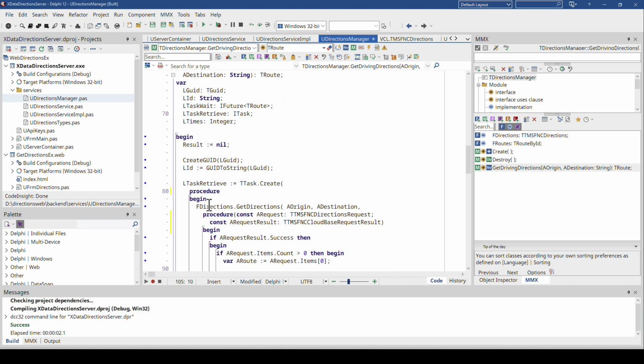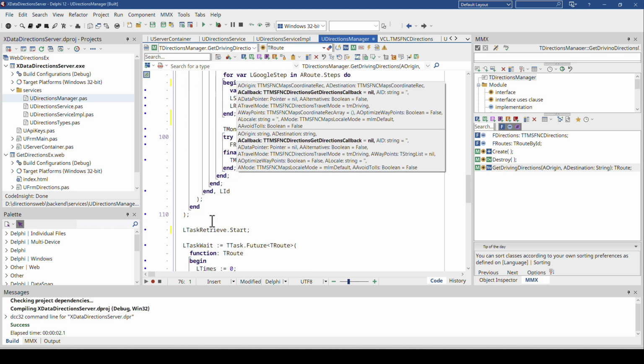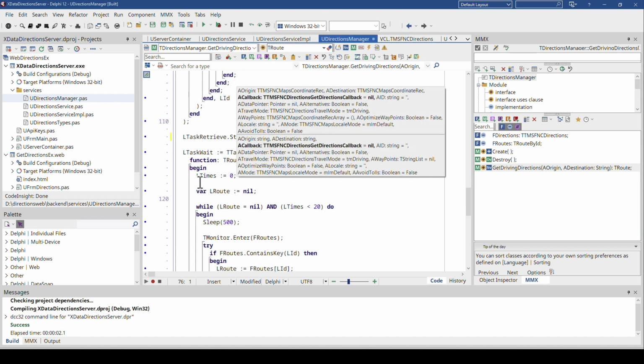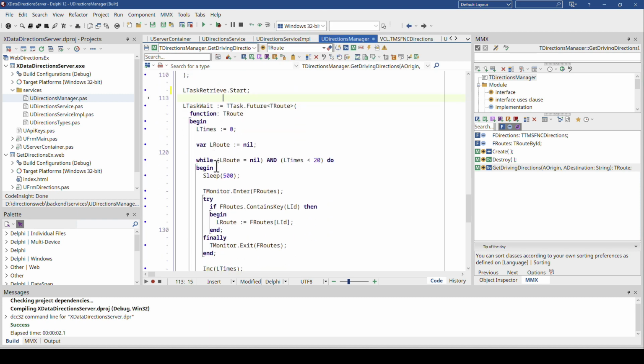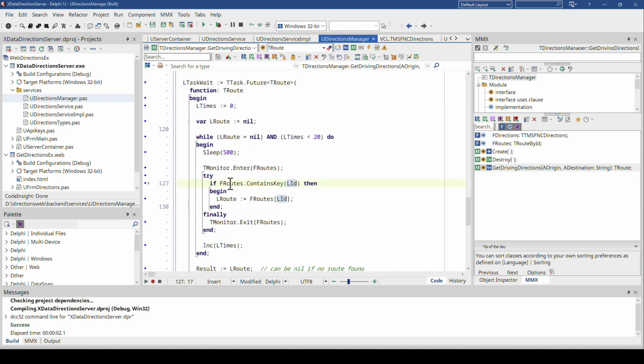And it is initialized at the beginning of the method with a unique identifier. And then back here, we use it inside of another task. We use LID, it's captured. And we look, if FRoots contains the key LID,